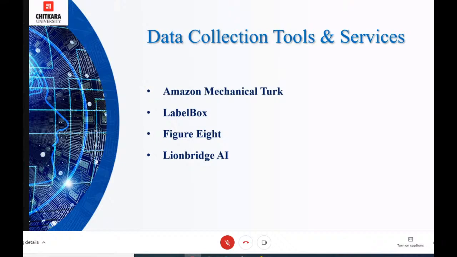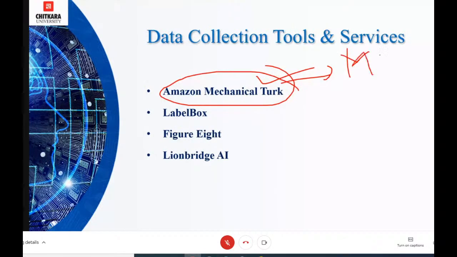So in addition to data collection platforms, there are several other companies that also provide data labeling services. If we discuss data labeling services, the first is Amazon Mechanical Turk, also known as MTurk.